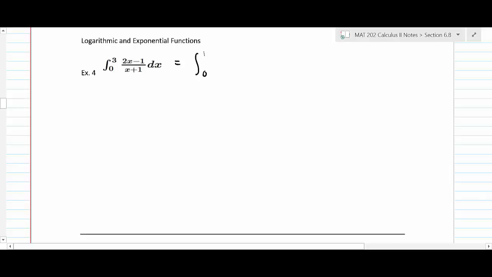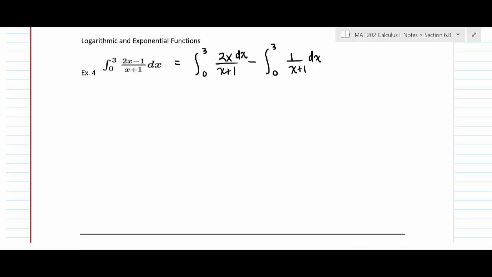So I'm going to do the integral from 0 to 3 of 2x over x plus 1, then minus the integral from 0 to 3 of 1 over x plus 1 times dx, like that. Okay, so that would be the ideal way to do that. Now see, those two integrals are manageable then. All right, so one thing that you could do on this now,